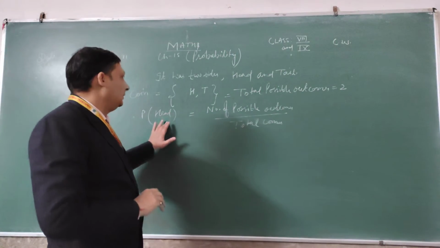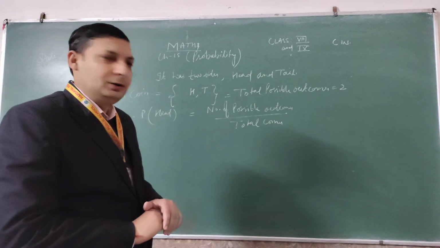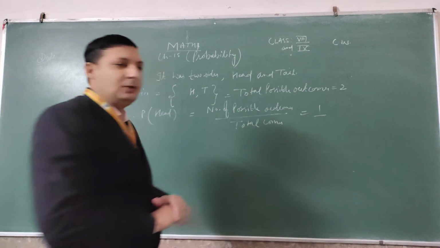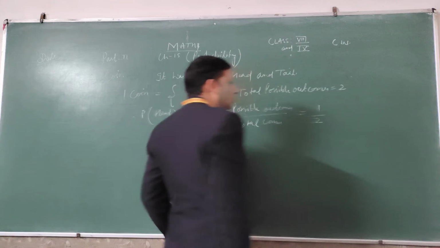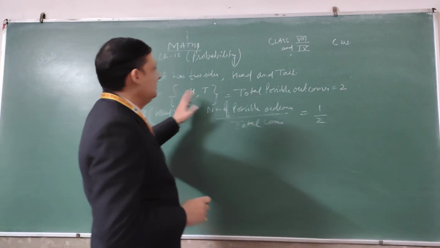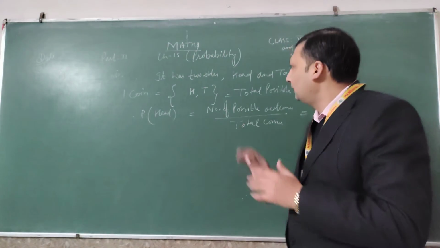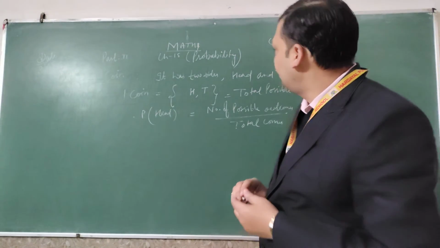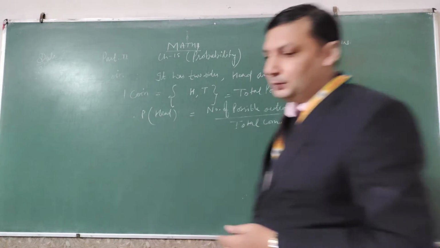That is the formula of probability. Now when we talk about a head, see here, there is only one head in the favor of one coin. The possible outcome will be 1, and the total outcome is 2, head and tail. So that is the probability of head. Similarly, when we have to find the probability of tail, the answer will become 1 by 2. So dear student, we have discussed only the first topic, in which we throw one coin to find the possible outcome. Now we will make the general formula to find possible outcomes.